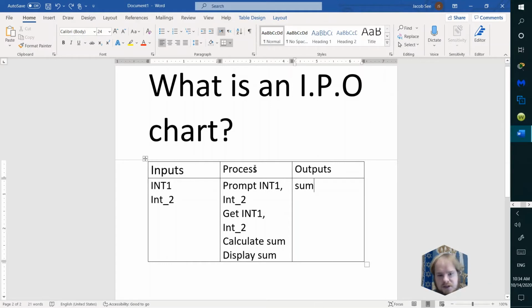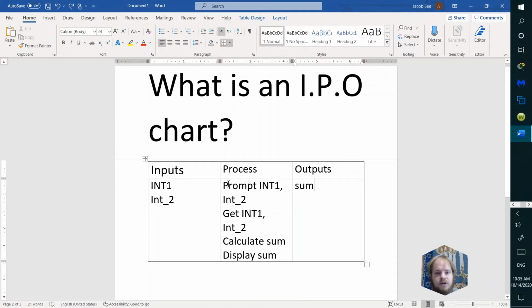As you can tell, there's three sections: the inputs, the outputs, and the process. If you really want to make it easy on yourself, figure out what your outputs are and what your inputs are first, and then figure out the process. It makes making these things so much faster. Besides that,